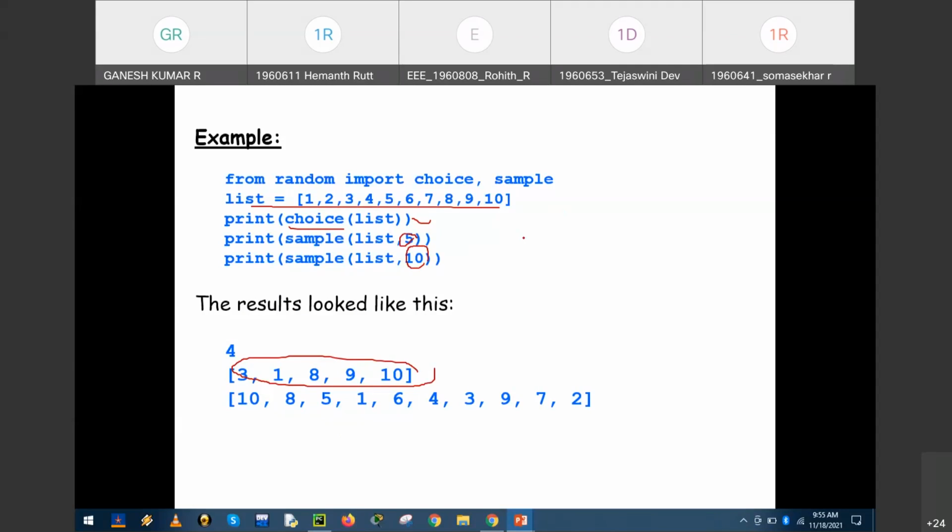This is the difference between the random functions. The original list we defined was 1 to 10, but the random function picks arbitrarily. We have 1, 2, 3, 4, 5, but they are displayed randomly, arbitrarily. This is how we can understand the concept.